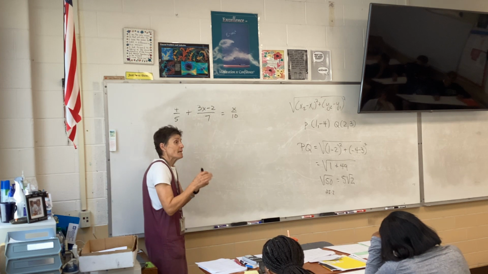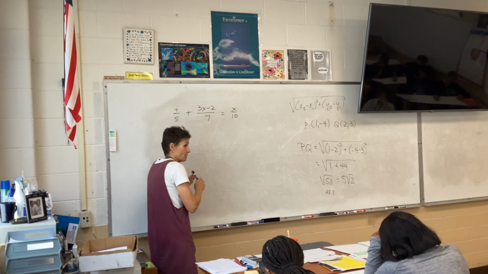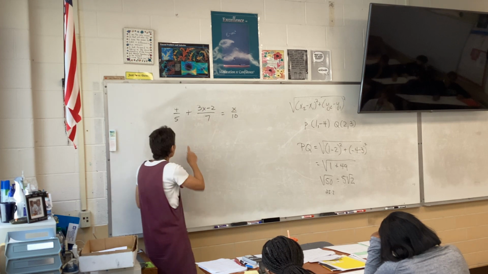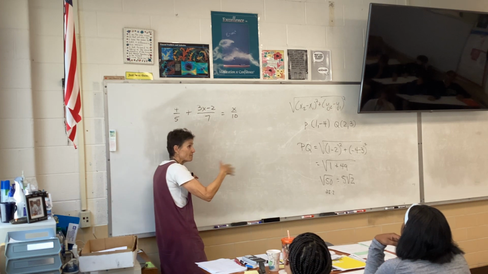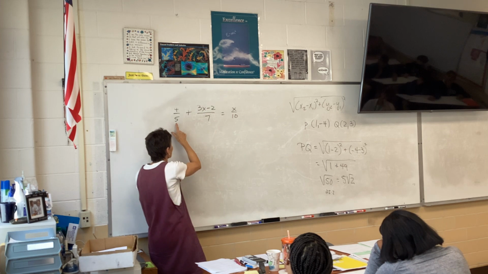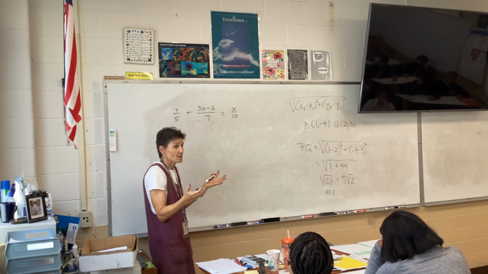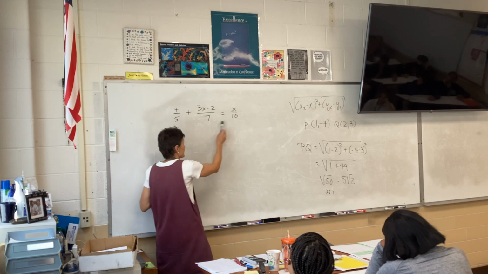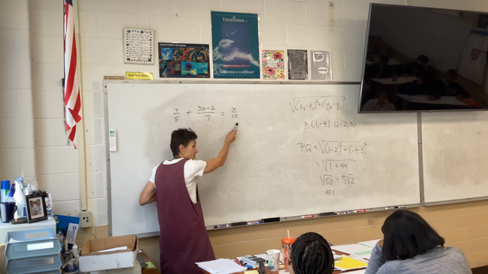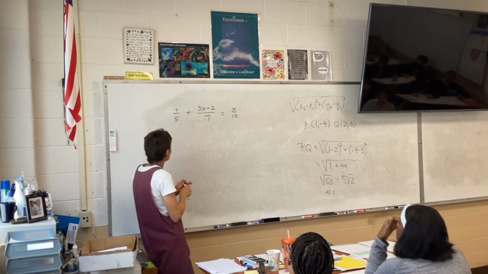Now, guys, if you get confused, your common denominator can always be the product of all of these. So if you really can't think of anything else, you could do 5 times 7 times 10 and use 350 as your common denominator. Now the least common denominator is 70 because the 5 goes into the 10, so you can really just use those two. But you can always just multiply these to get a common denominator. But we're doing